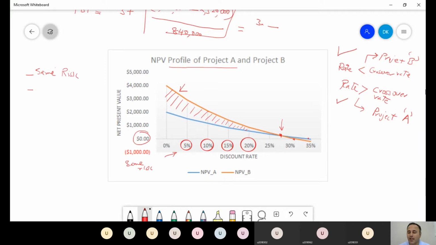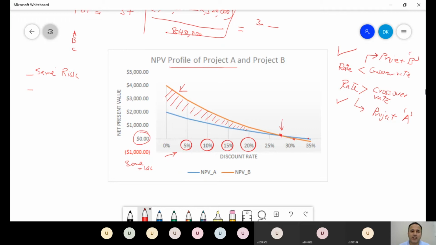As I told you in one of my lectures, if there is no capital limit, for example, you have an unlimited level of capital, right? So your project ranking will look like, under no limitation on capital,